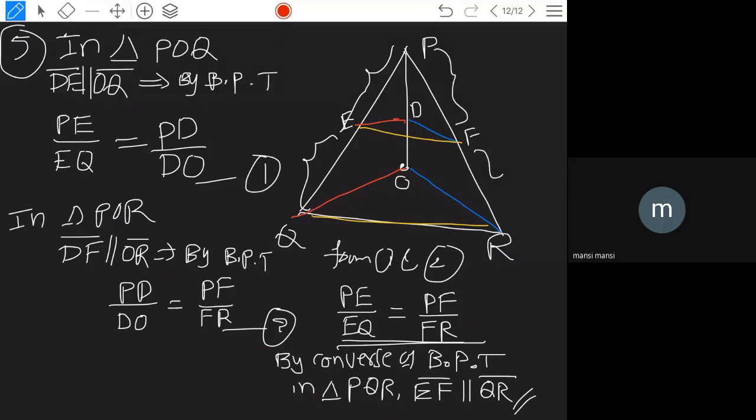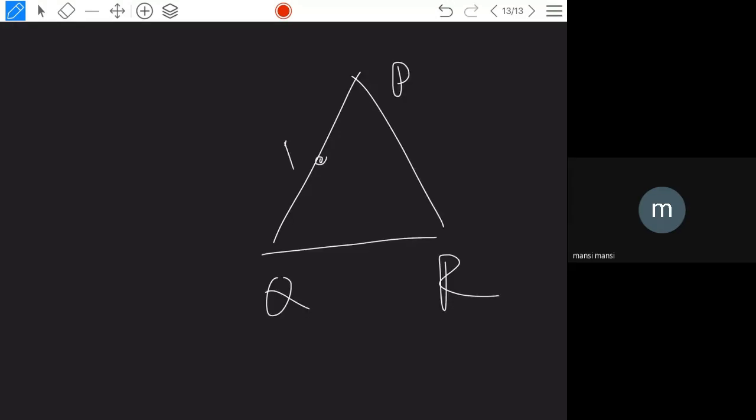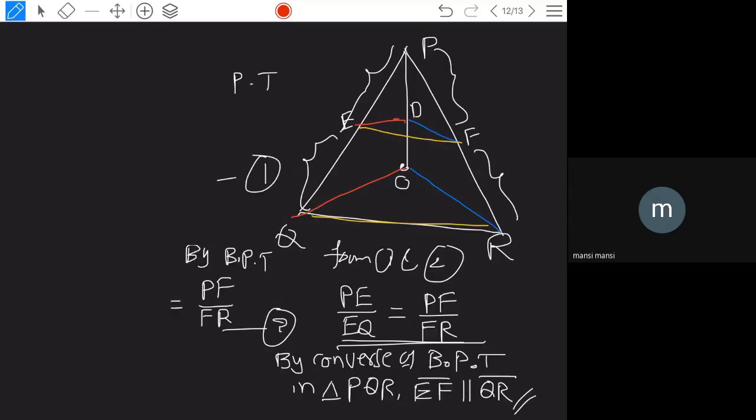So you completely avoid this from your mind. I'm going to draw the triangle PQR here, and here you are going to get E and F. Here the question is given: this by this is equal to this one by this one. So whatever EF you take, will it be parallel to QR or not? Obviously it is parallel, from the converse of basic proportionality theorem, with the complete triangle taken into consideration. Is it clear?